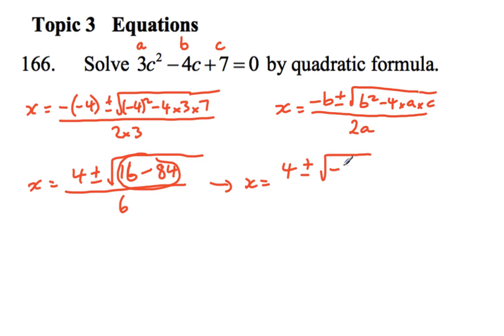Yeah, minus 68. Now I'm here to tell you that the square root of a negative number doesn't work very well in the calculator. So instead of saying solve, I made up this question, so it's probably my fault, but instead of saying solve this by quadratic formula, this question probably should have said something along the lines of show that there are no solutions for this using the quadratic formula. And the reason there's not going to be any solutions is that you can't have the square root of a negative here. So we would say here that there are no solutions